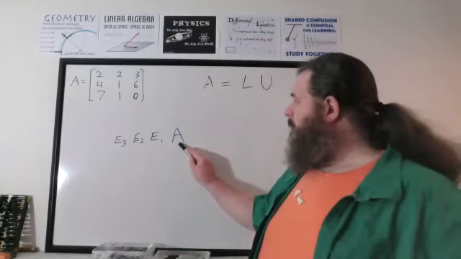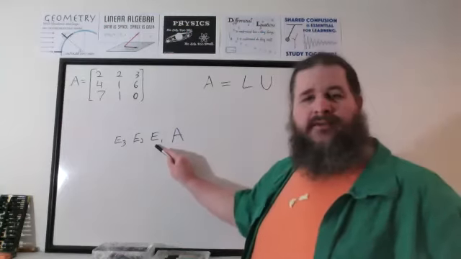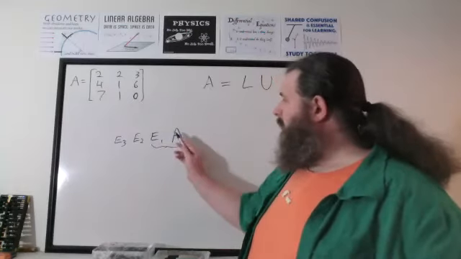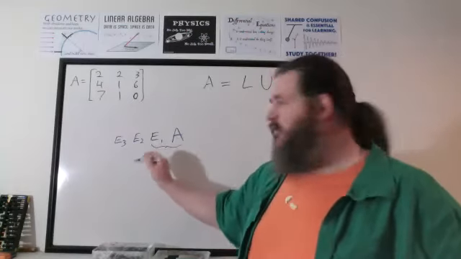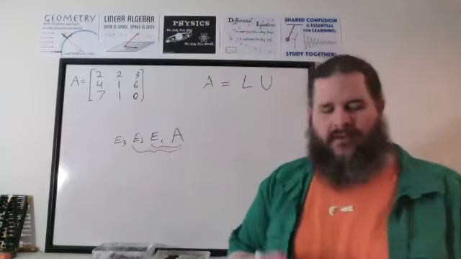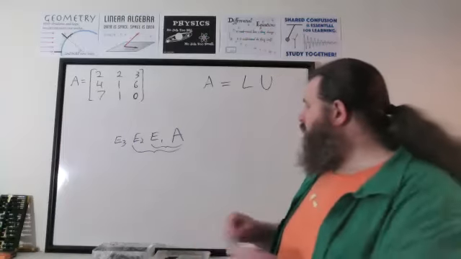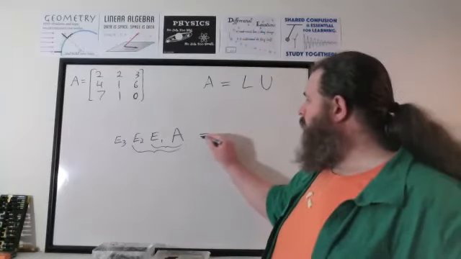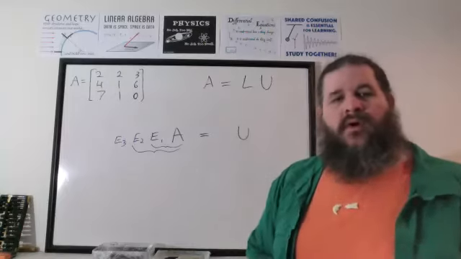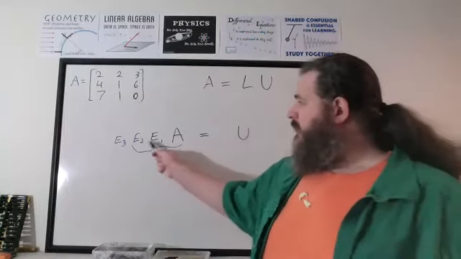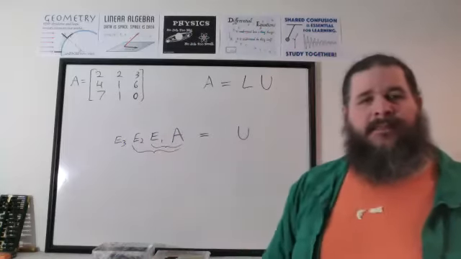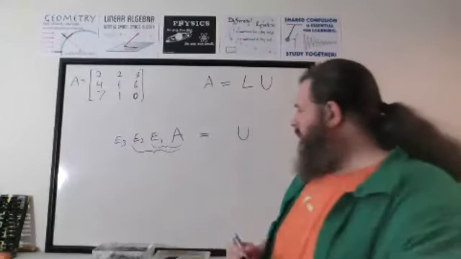So you've got A, you modify it by multiplying by a transform matrix, then that whole thing can be modified by multiplying by another transformation matrix. And then that whole thing can be modified by multiplying by a third transformation matrix. And that should make it multiply out to some purely upper triangular matrix. So our row operations can be written as 3 matrices applied left, left, and left to matrix A. But we want to get